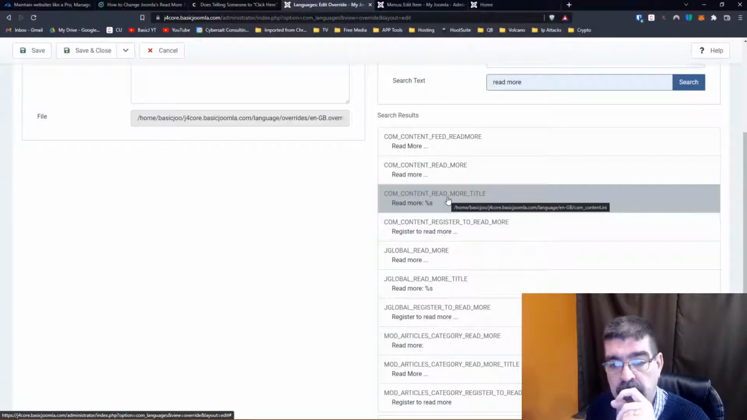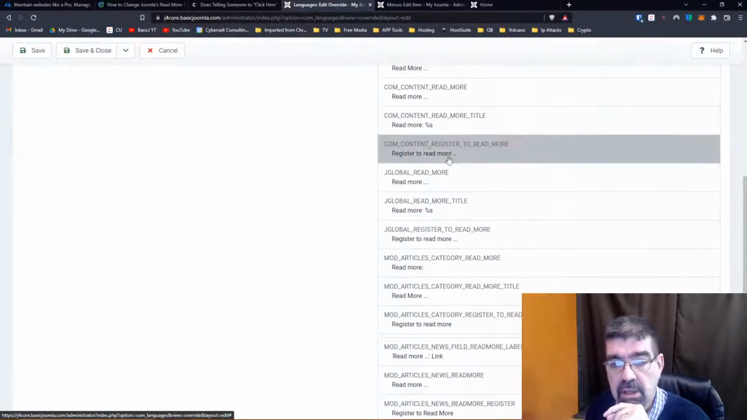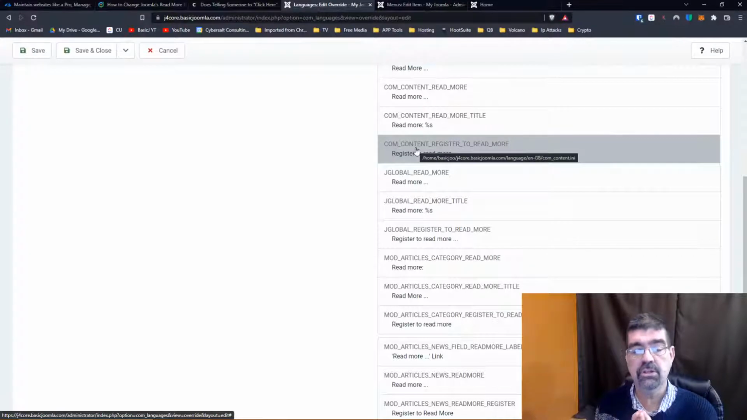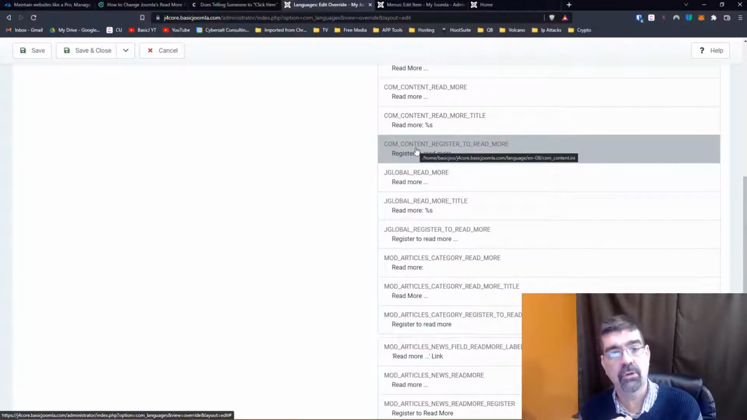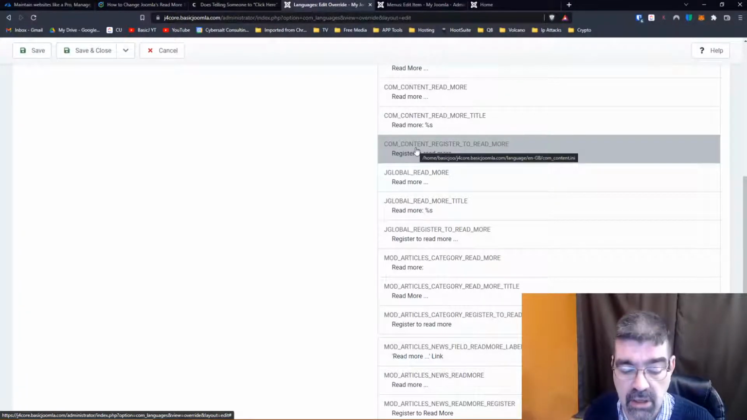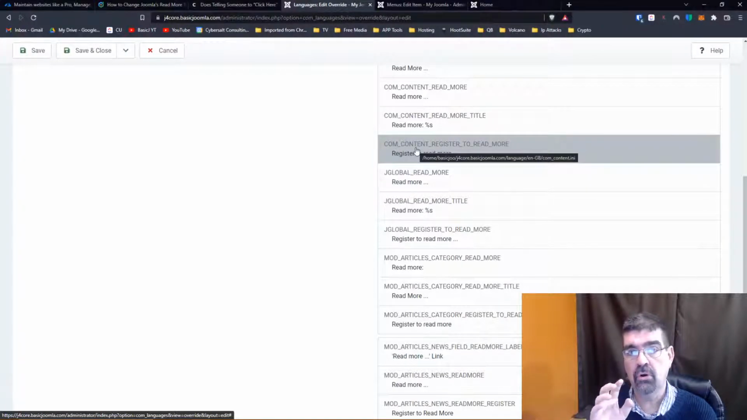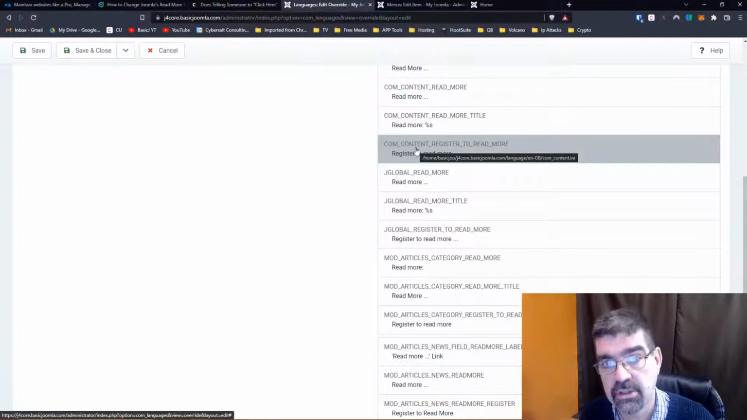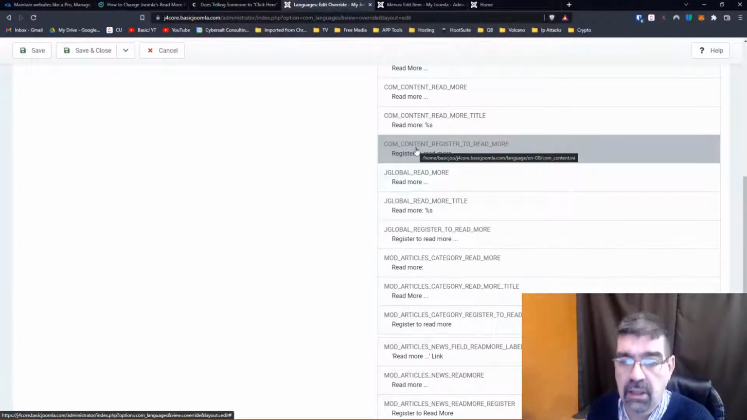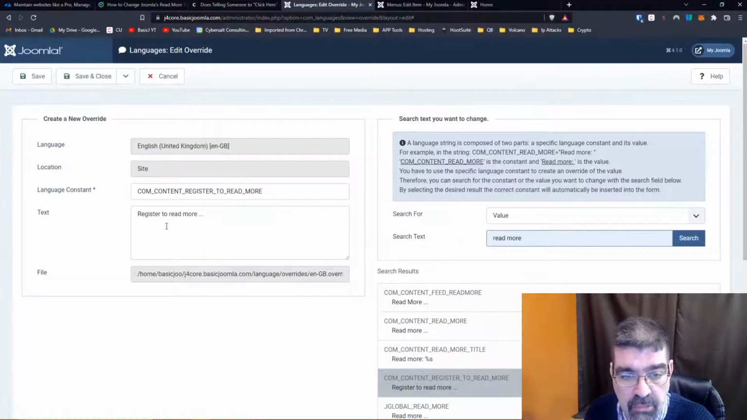That is a place where you can change it. And content register to read more. So this is where you would put text in here, because if an article is set to only show the full article if you're registered and logged into the site, then what you can do is, hello Mark, good to see you. What you could do is put some text in here,